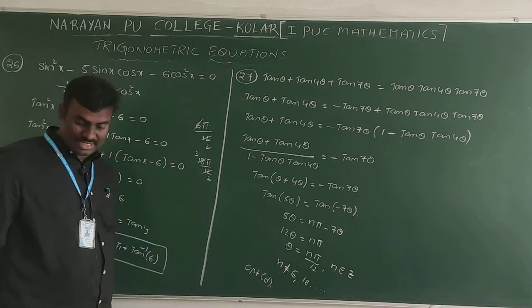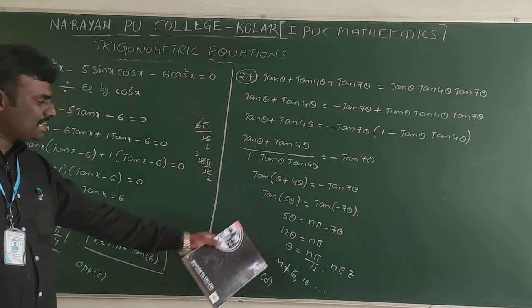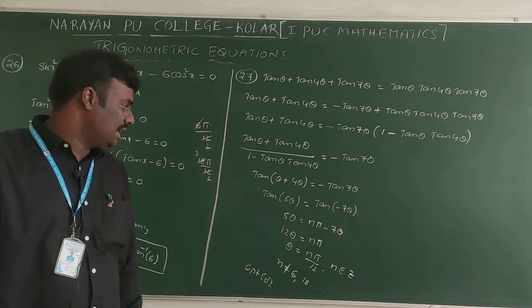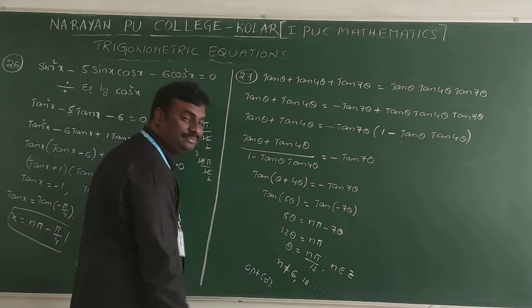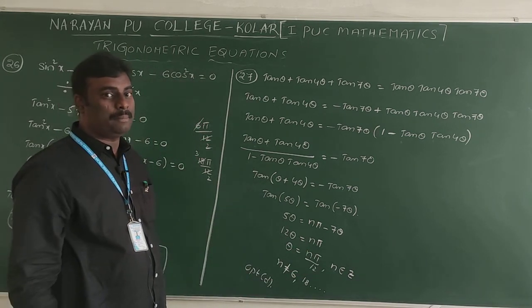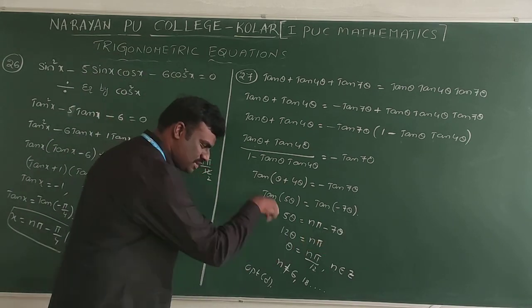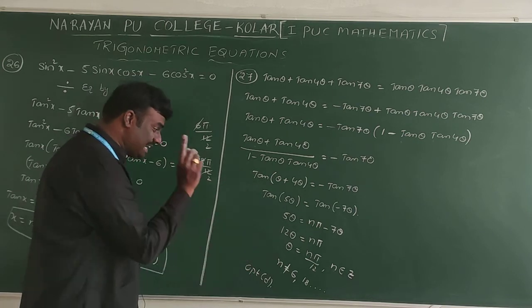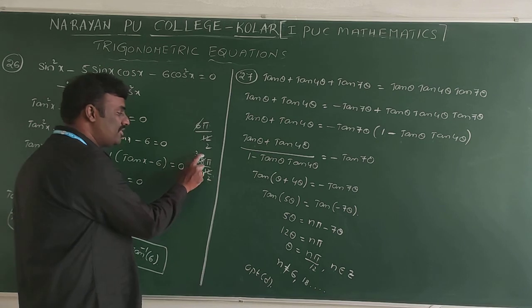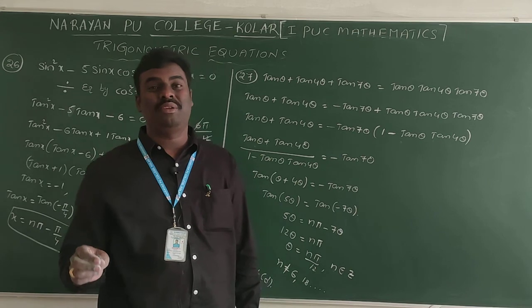Dear students, once again listen. Actually we got the answer n pi by 12. But here the condition is n belongs to Z. But if you take 6 pi by 12, that is nothing but pi by 2. Tan 90 is not defined, that's why don't take the first option. If you substitute 18 pi by 12, 6 threes are 18, 6 twos are 12, again what you will get? 3 pi by 2. 3 pi by 2 is also not possible, because the tan 3 pi by 2 value is also infinity.